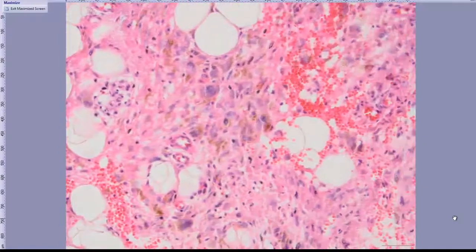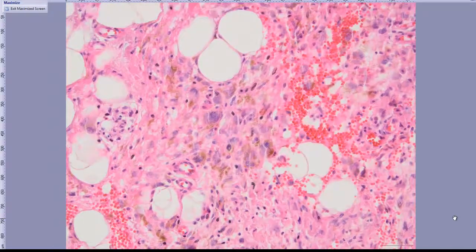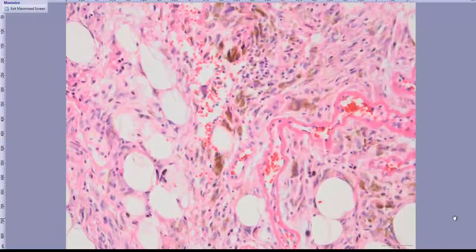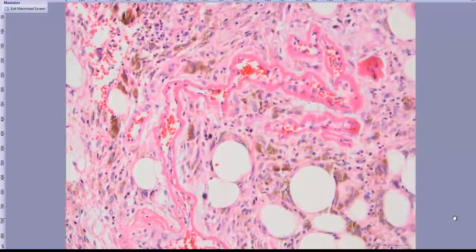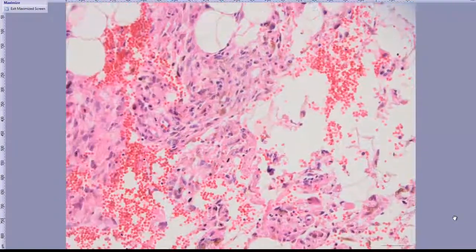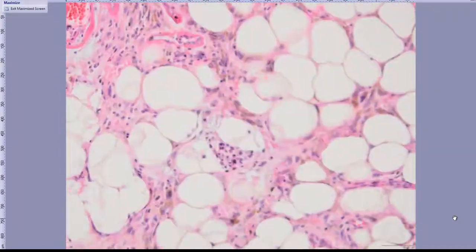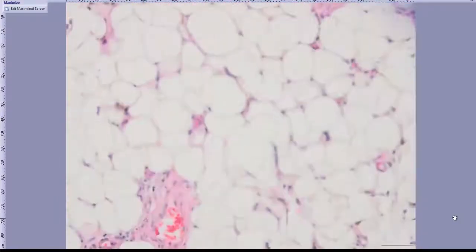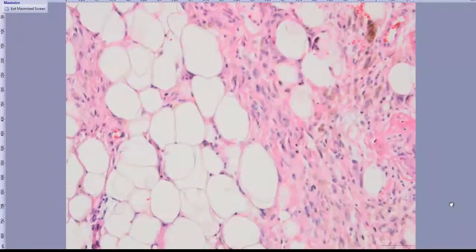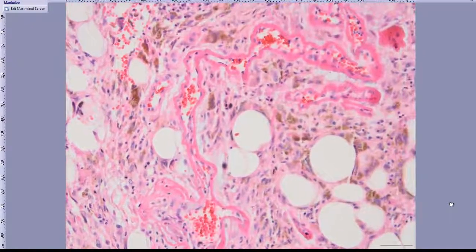But in some other areas we also see hemosiderin in the spindle, bland looking spindle cells, and some other vessels seem to be damaged, and as you see here, fibrin accumulation is seen in the wall of the vessels, and here again vessels show some kind of damage, and some of them really resemble pleomorphic hyalinizing angiectatic tumor,